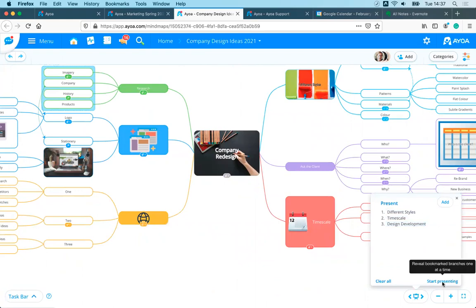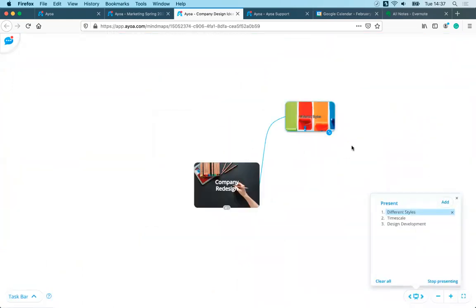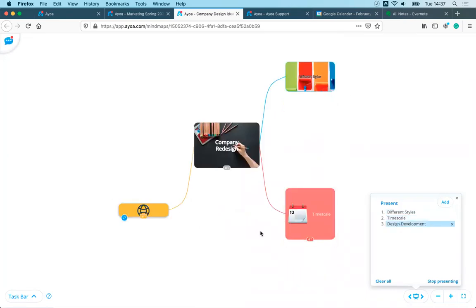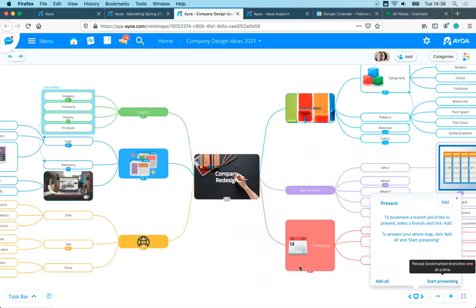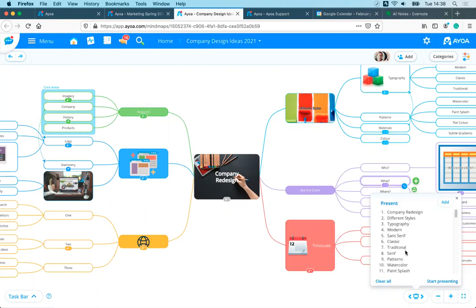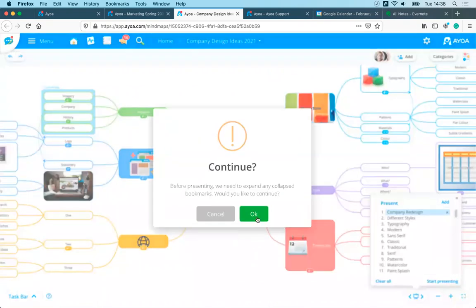And when I start presenting this way, it means I can just focus on those key branches. Or, so I'm just going to click clear all to remove my choices. Or if I want to show the entire mind map, I can just click add all, and that will add all of the branches. And I click on the top one, so I know where I want to begin. And then if I click start presenting,